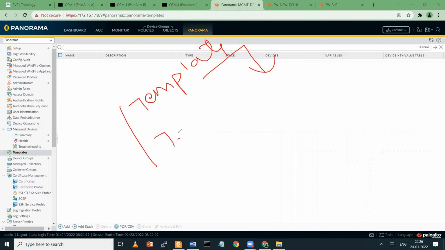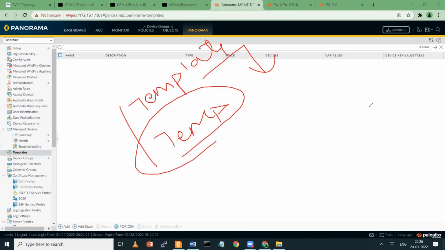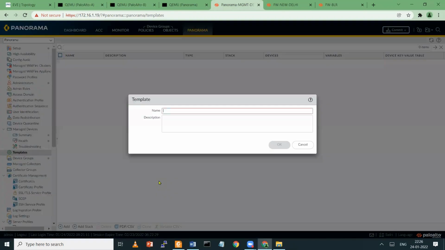And template stack we can use for common settings. Like let's say we have 10 firewalls at the Delhi location, and we have certain common settings like group ID and DNS, anything which is common. So for that I can use template stack and variables. Later I'll explain. As of now, you just create it, add.